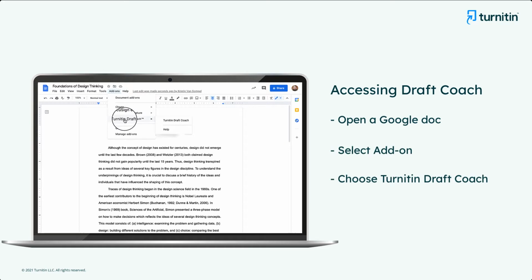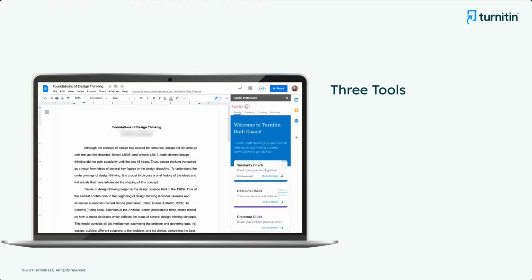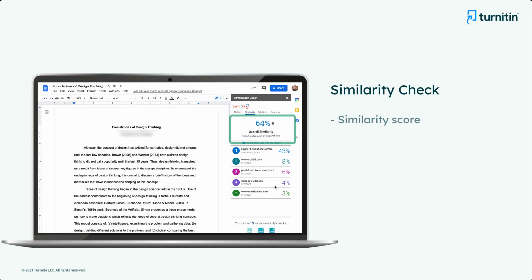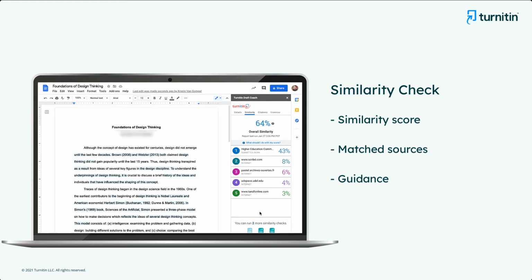After selecting the Draft Coach add-on, Ms. Perez enters Draft Coach, where 3 tools are available for students: a similarity check, a citations check, and a grammar guide. The Draft Coach Similarity Check presents students with a similarity score, sources that match text in their writing, and suggestions for what to do with their score to improve their writing. This information allows students to investigate and correct any flagged errors before submitting a final document. Students can access 3 similarity checks per document,